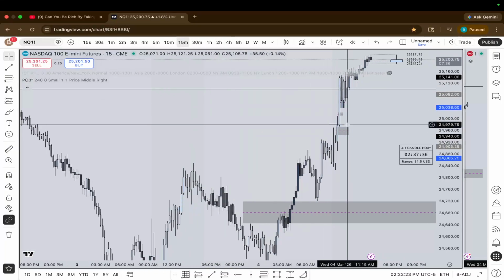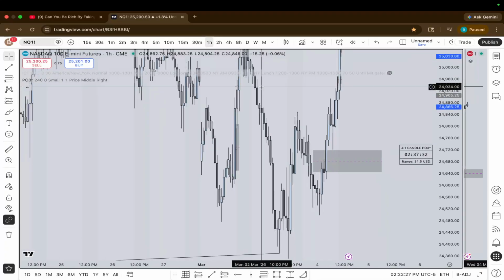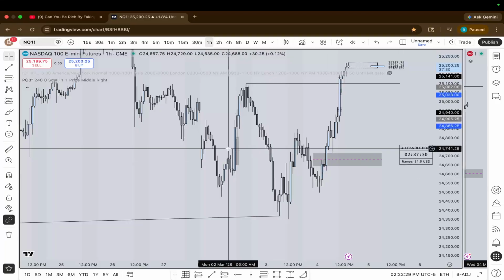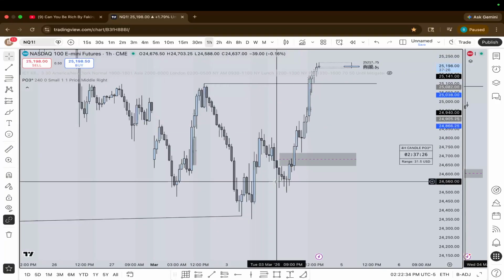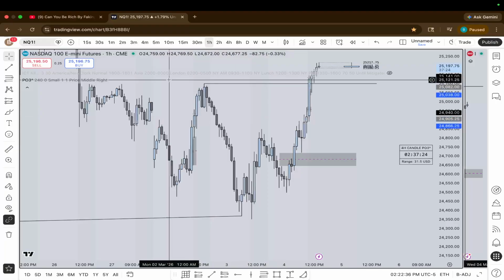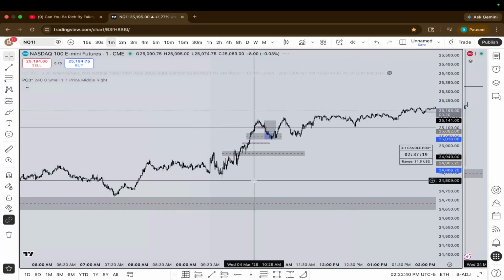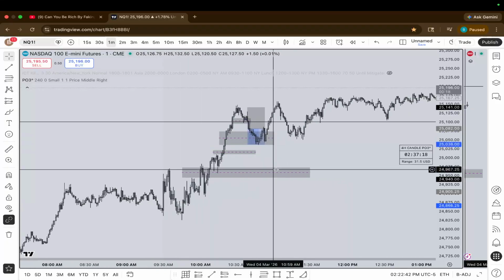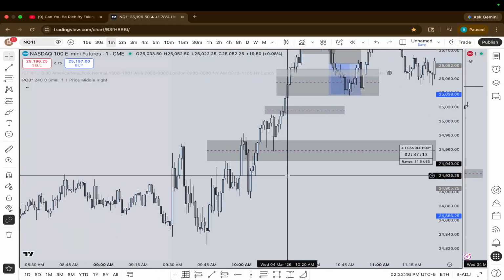There's no high time frame key level being hit. All these imbalances are like kind of mid. We already rebalanced equilibrium of the range, so this would be kind of invalid. If I'm bearish, I would be looking for more of a continuation short off of bearish order flow confirmation instead of trying to just guess that reversal, you know? So I think these losses are pretty bad. And yeah,